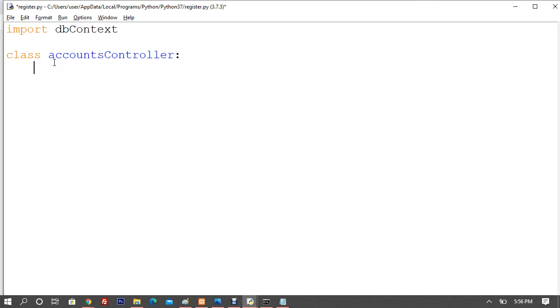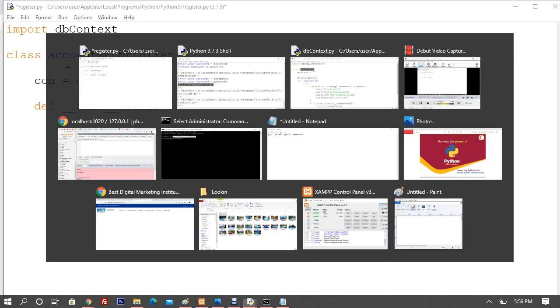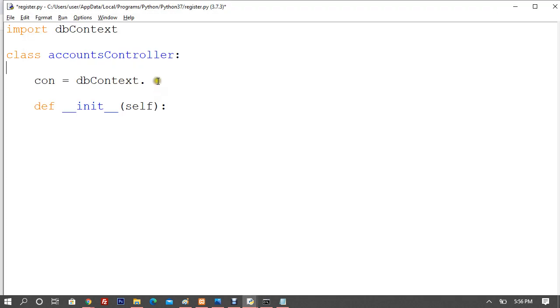Controller. So now this is my class name and I will create a constructor of the same. So I can say def __init__, and I can say self. And I will define a connection right here. Or we can say just declare a variable, connection, is equal to db context dot connect. So let's say import db context